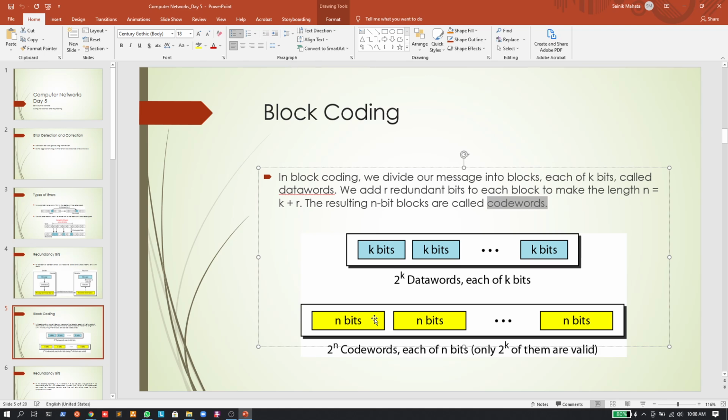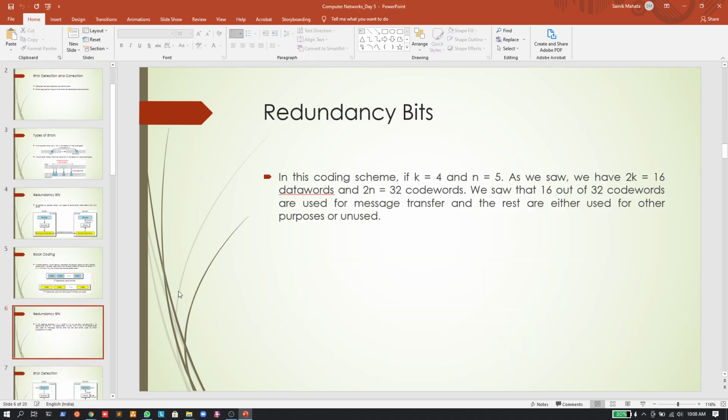Okay, I hope I'm clear till this. Okay, so using this coding scheme, if I give an example that the value of k is 4, which means there are 4 bits in a data word,